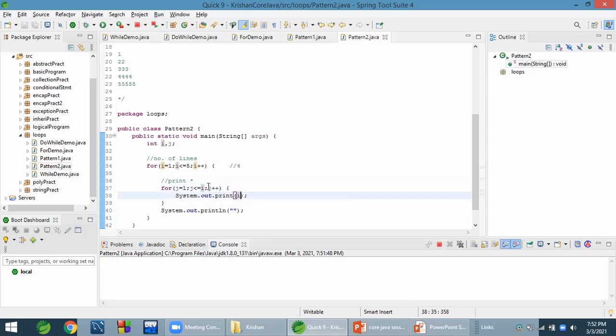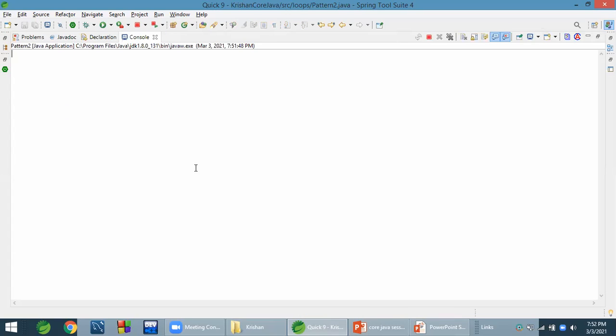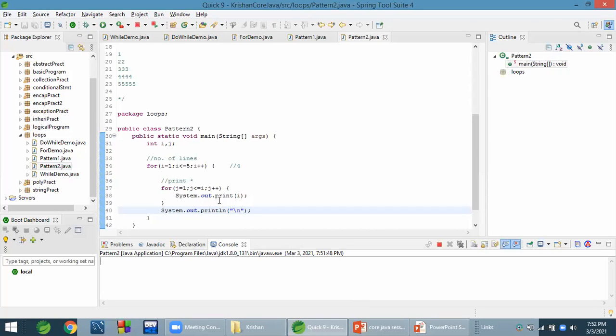Then j plus plus. Printed, but it vanished, right? It printed first.